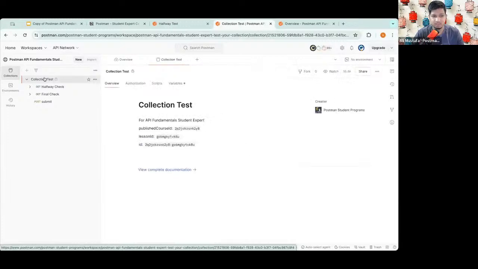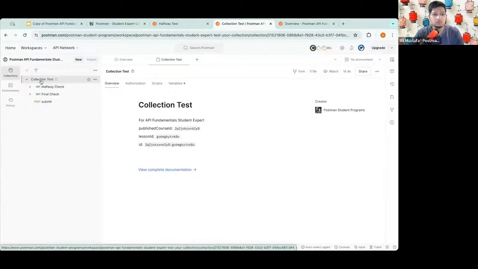So let's click on the name of the collection, which is collection test. And you can see there have been 17,000 forks right now. And this keeps increasing. As you folks keep forking, it will go to 19,000, 20,000, and so on. Every day it keeps increasing. So if you see 19,000 or 20,000, don't freak out. There are people constantly doing this course, so no need to worry about it. That count does not matter.